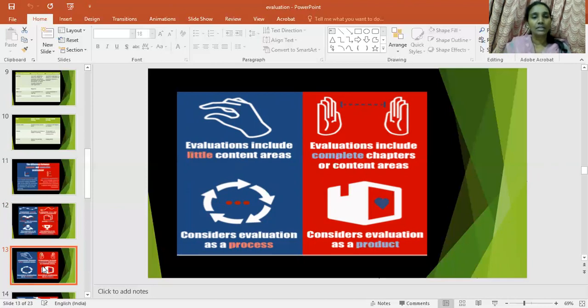And the next is formative evaluation considers evaluation as a process. So this is an ongoing process. Formative evaluation is always an ongoing process. We will be evaluating the students, judging the students, and getting the result. After getting the result, as I've told you, there are average students, below average, those who have scored more, those who have scored less. So it is the responsibility of the teacher again to improve their teaching as well as to improve the learner. So that cycle will be continuing. That is what considering evaluation as a process.